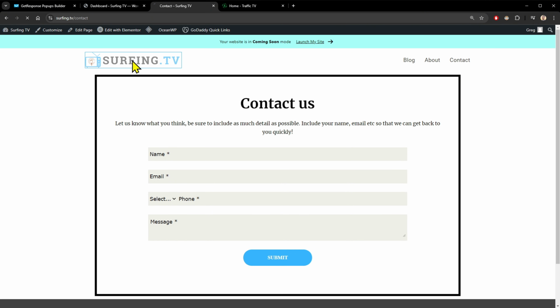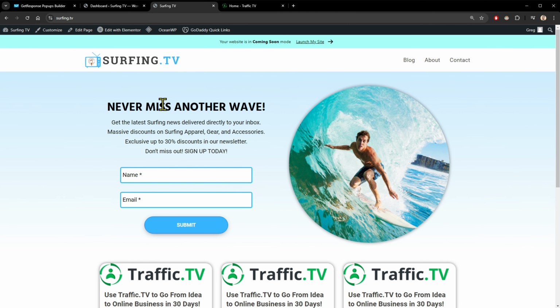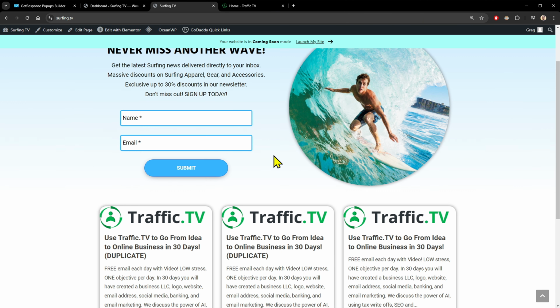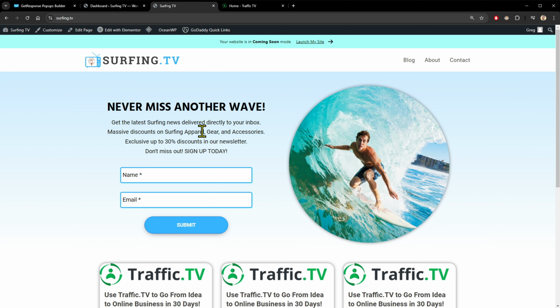And if we click on this to go to the home page, we will see our email capture form right here as well. Depending on how it looks on your website, you can obviously go back into GetResponse and edit anything that you need to, but this is looking pretty good so far. And with that, we successfully updated the Contact Us form and the email capture form for the home page and